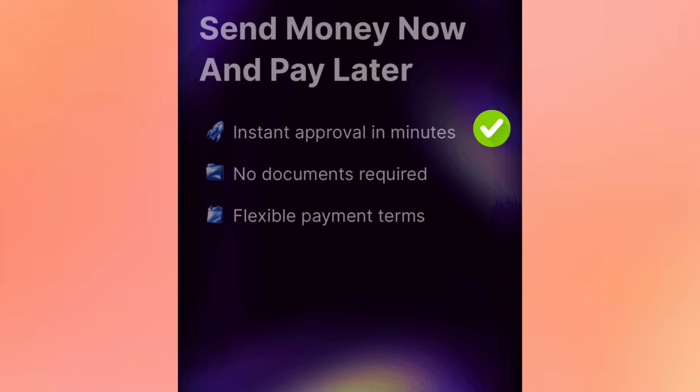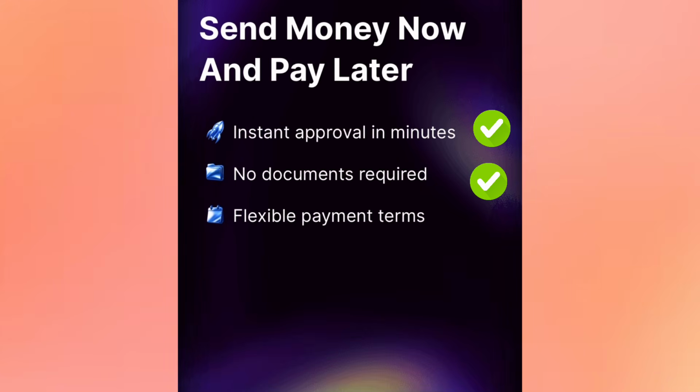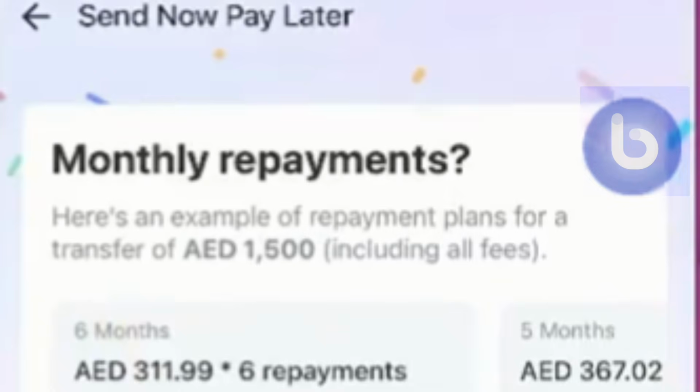You will see that this loan will be instantly approved in minutes. No documents required. And also, this Botim loan has flexible repayment terms, and here is exactly how it works. For example, if you take a loan of 1,500, you can pay it back in 6 months by paying 311